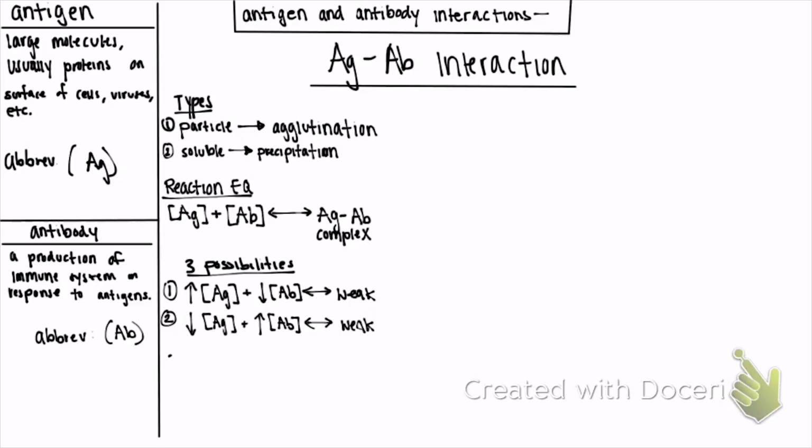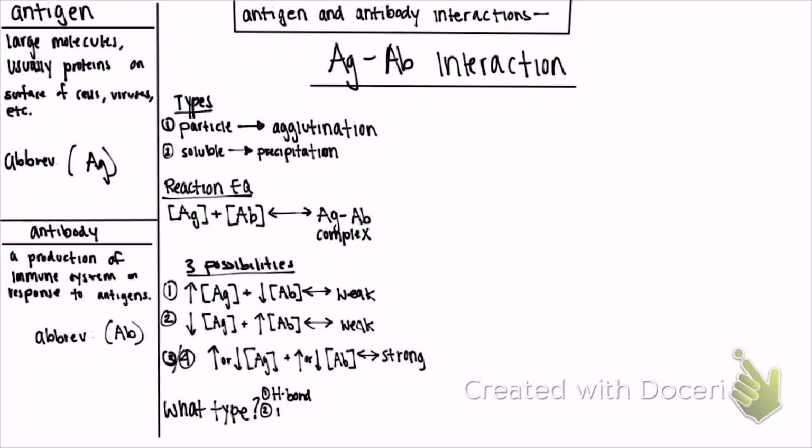The third and fourth one is where you have equal concentrations of antigen and antibodies. This is either a high concentration of antigen and high concentration of antibodies, or you can have a low concentration of antigens with a low concentration of antibodies. Both of these produce a reaction or interaction that is strong. So the types of interactions that these two make could be hydrogen bonds, or ionic bonds, or hydrophobic bonds, but they just can't be